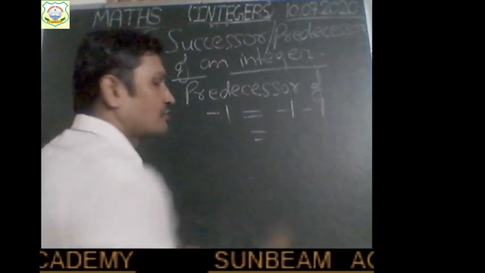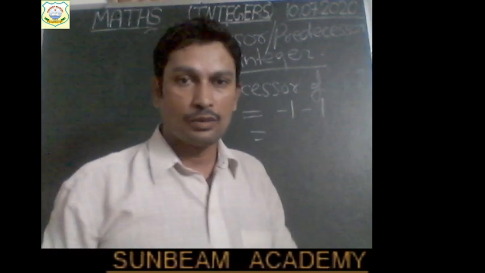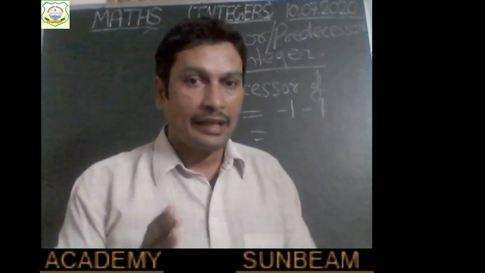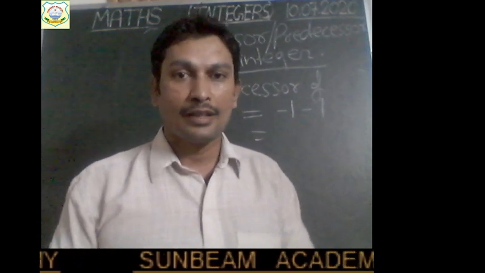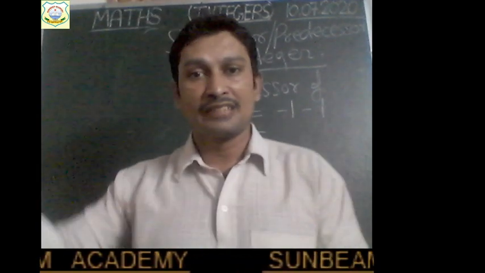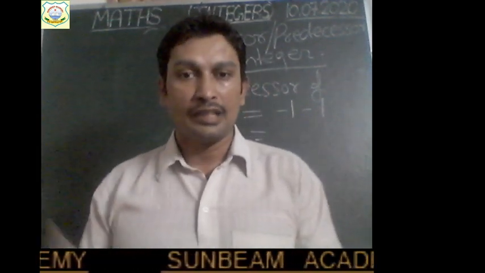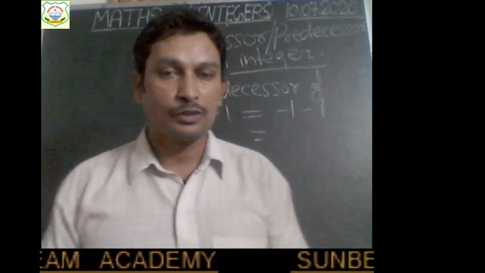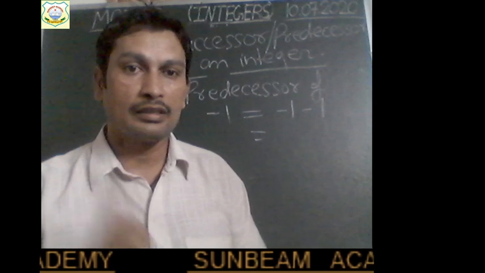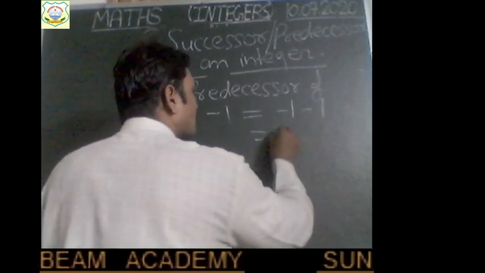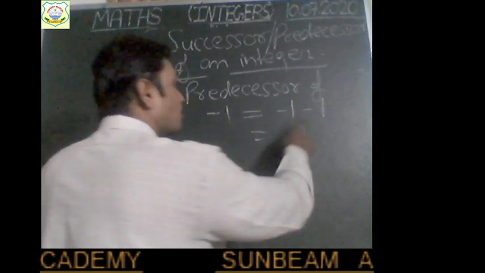Minus 1 and minus 1 both have the same sign. So integers with the same sign are always added or subtracted, children? Of course, they are added. They have the same sign, which means they are moving in the same direction. They are negative and negative, so their negativity will increase. So you will add for the increased value. You will get 1 and 1, which becomes 2. And both are negative.